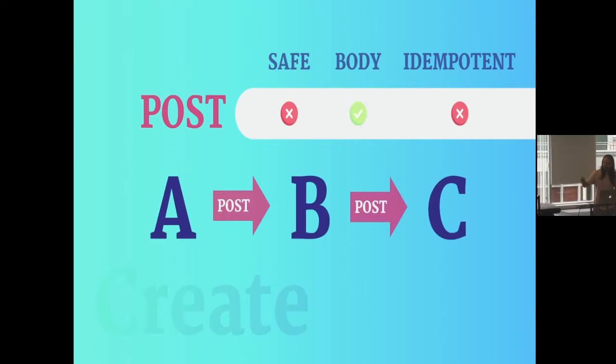And this is what happens to the server every time we make this request. So let's say we take one request, and the server starts in state A. We make the request to the server. The server now has an additional resource on it. So now we're in state B, right? We've changed from state A to state B. If I take that exact same request and make it again to the server, then now I'm in state C because it now has two resources on it rather than just the one. Okay, so this is non-idempotent. This is what POST is meant for, these types of operations.